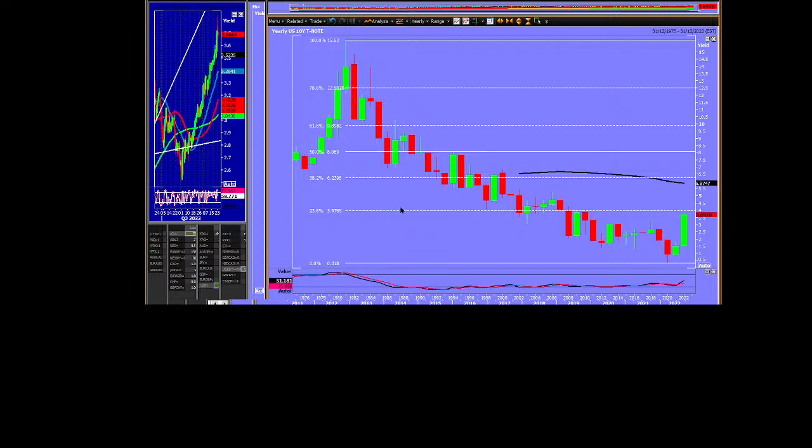We are looking at the first 23.6% fib resistance level for 10-year T-note bond yields. And when you look at the price action as well, swing low here. Okay, we did get below it there, but you can see these little spikes are just about holding it. There is reason to believe that 3.95, 4% should be a good resistance level in T-note yields. So watch that during the week.